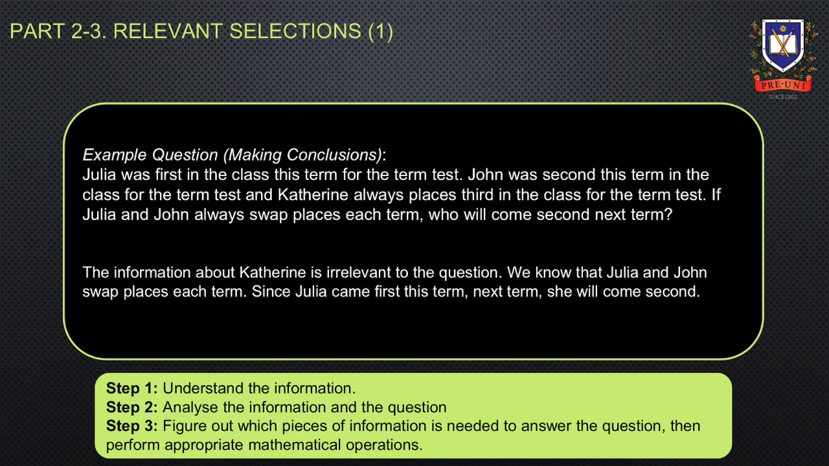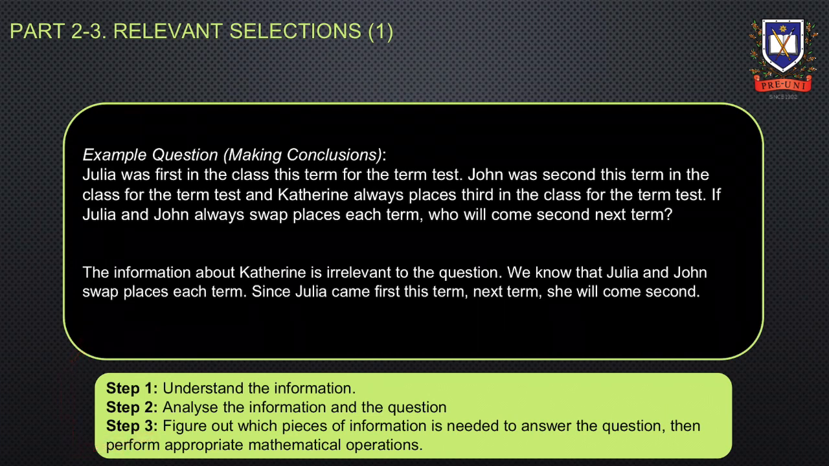Consider the following example. Julia was first in the class this term for the term test. John was second this term in the class for the term test, and Catherine always places third in the class for the term test. If Julia and John always swap places each term, who will be second next term? So to solve this question,